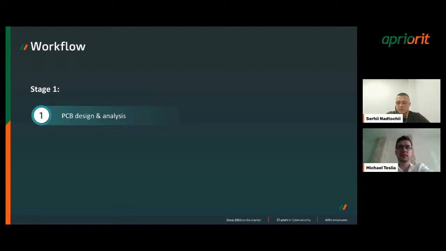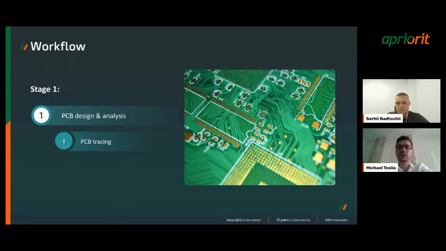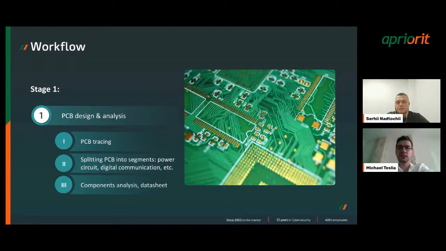The first point is knowledge about PCB design and analysis. It is good to know how a PCB is designed, so you understand how to investigate it and gather information about the device,